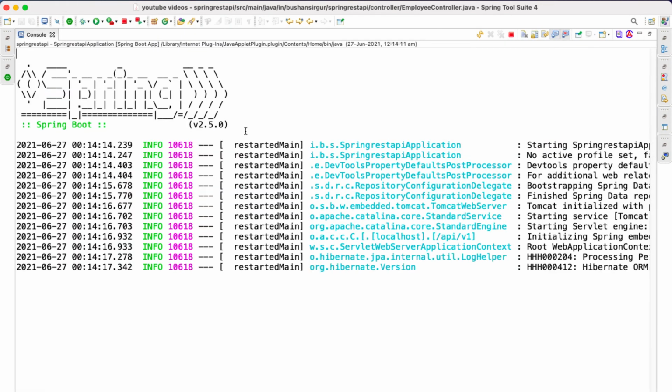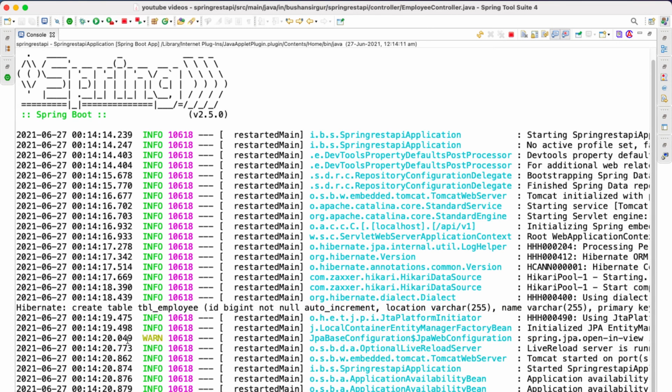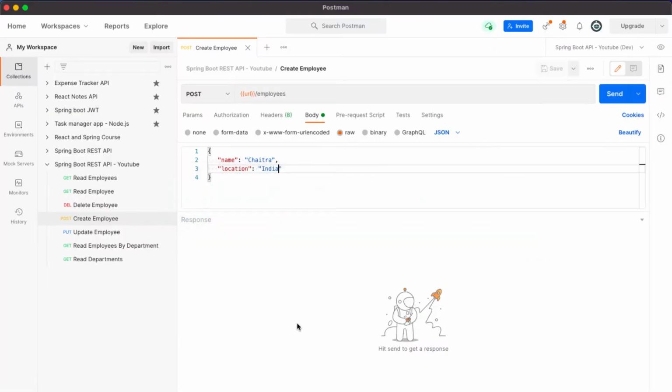Let me expand the console. Alright, you can see the table has been created and the application is started. Let's switch to the Postman, and we have the /employees post mapping, which is going to create the employee records. This will take the request body, which is name and location. The ID will be automatically created.